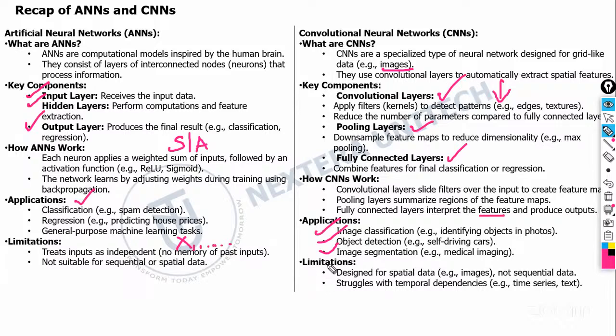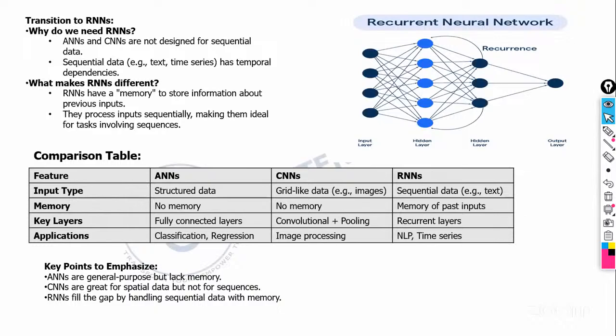Then what are the limitations that you observe in CNNs? CNNs are built only for spatial data, that is images. What about sequential data? Again we are using the word sequential data. What exactly is sequential data? We'll understand, no issues. So CNNs are not built for sequential data. They don't work well for sequential data. Let us understand what exactly this sequential data is. Since ANNs and CNNs are designed for different data, not for sequential data,